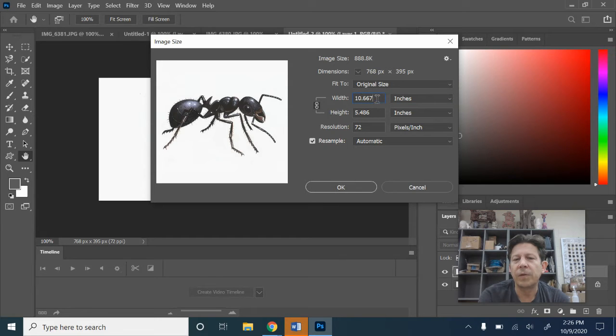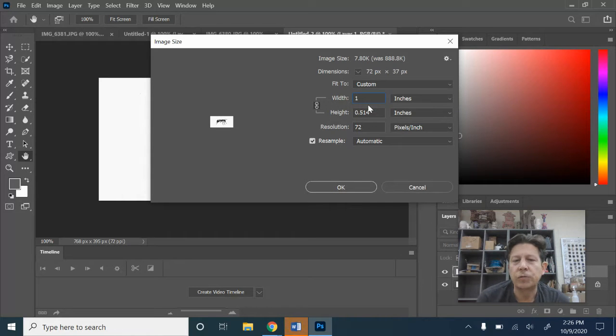smaller. So what I'm going to do is I'm going to double click on that width, and I'm going to adjust that down so it is 1 inch. Notice that it automatically changed the height for me, and that's because it's got this little link between the two of those. If I wanted to stretch it or distort it somehow, I could click on that and unlink those, and then I could make it any kind of shape that I want. But if it's doing that without you wanting it to, just make sure that you click there to have it linked together, and then you won't get any distortion. I click OK, and it's going to make that adjustment,